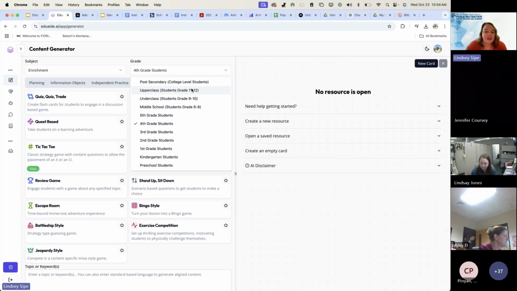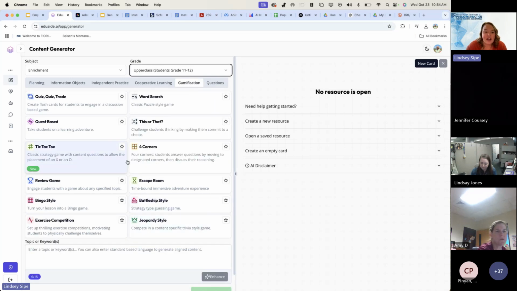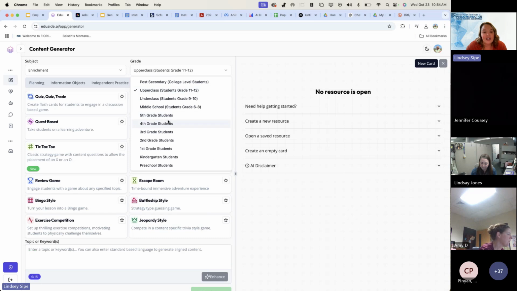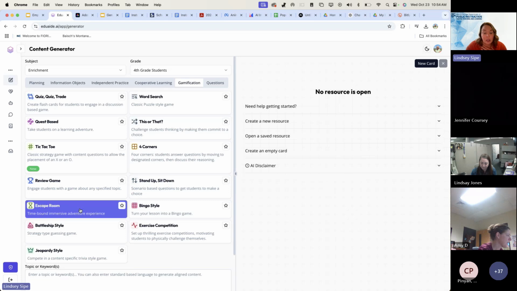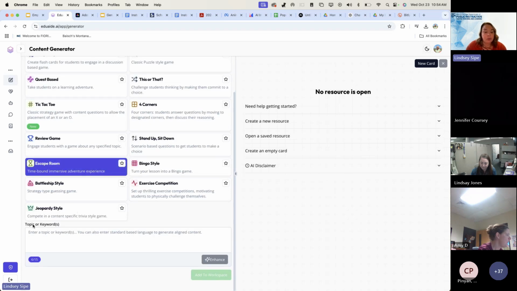If I do upper class, it will add even more depending on, again, what grade level I'm selecting. So I'm going to do an escape room. And then I'm going to come in and I'm going to put in topics or keywords that I want. So again, the more specific you are here,